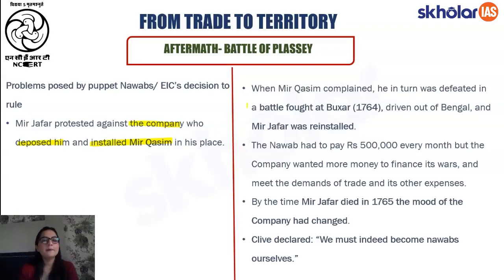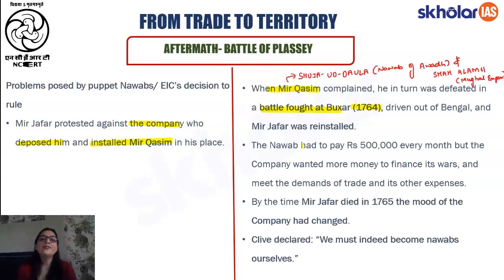However, students, it will be important to note that even Mir Qasim got fed up with the more and more demands of the East India Company, and that is why a battle known as the Battle of Buxar in the year 1764 was fought between Mir Qasim and the East India Company. Herein, students, it will be important to note that during the Battle of Buxar, Mir Qasim was given help by the Nawab of Awadh, that is Shuja-ud-Dawla, and also Mughal Emperor Shah Alam II fought along with Mir Qasim against